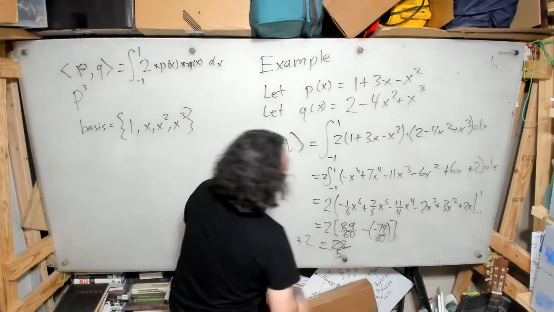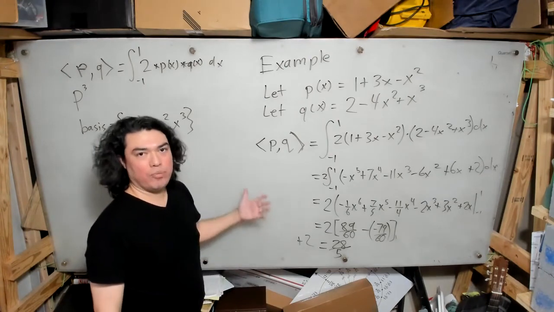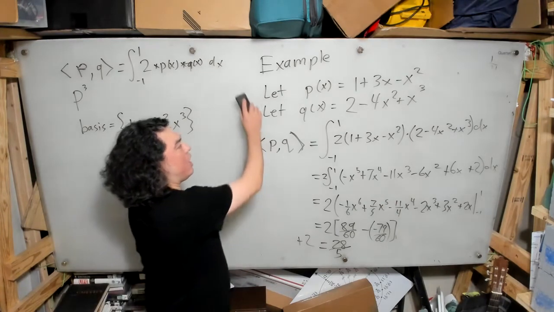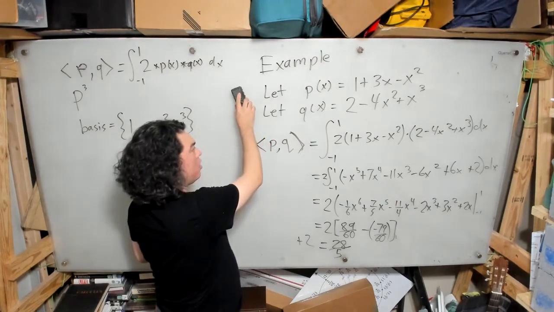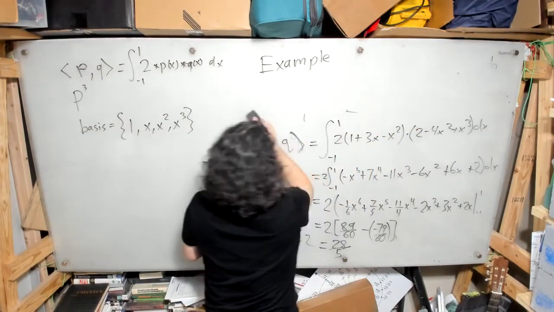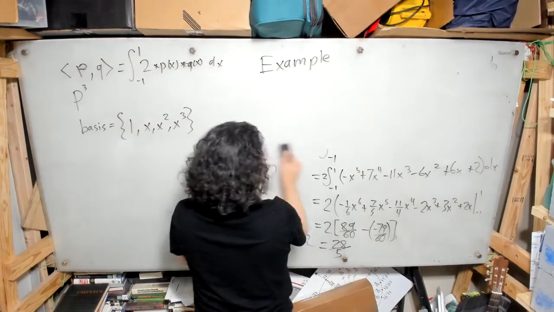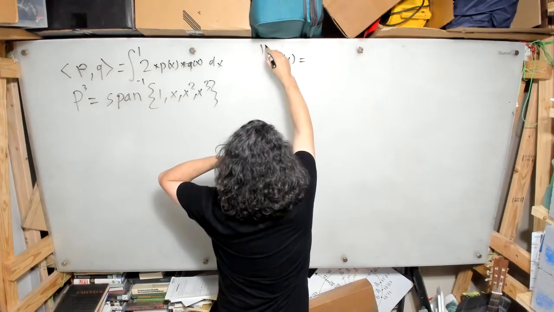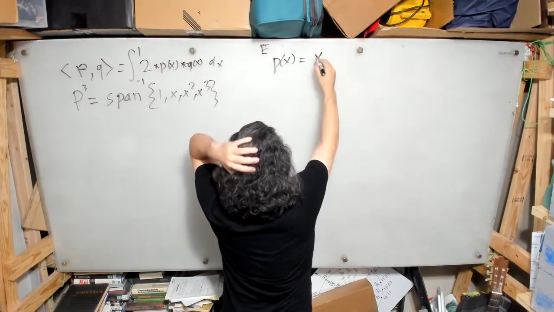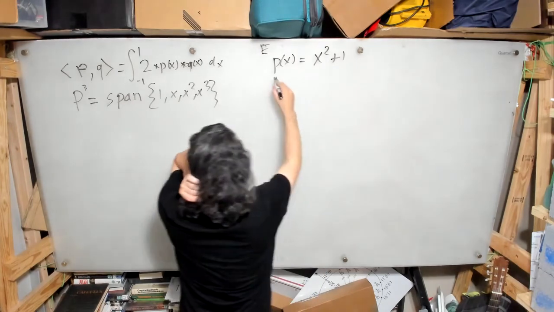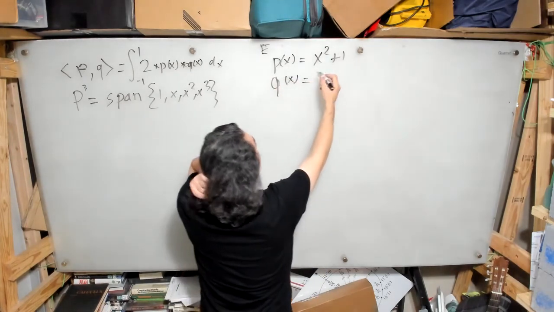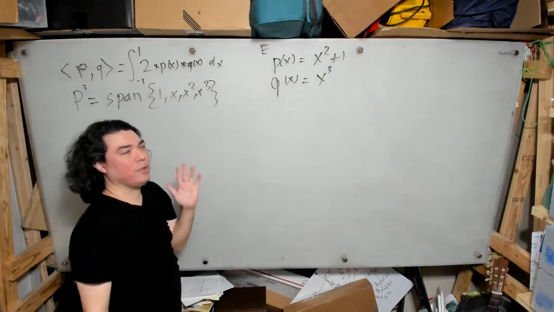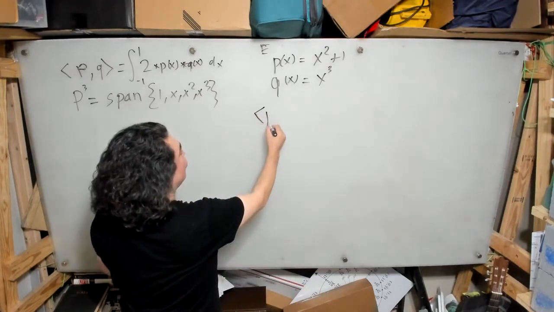Now that we've seen this example of how we can use the inner product formula that they give us to calculate the inner product in this vector space, we're going to go ahead and calculate orthogonal bases. I take as an example, let's say p of x is x squared plus 1, and let's say q of x is x cubed. I picked these so that they would be simple. Now the inner product of p and q will be